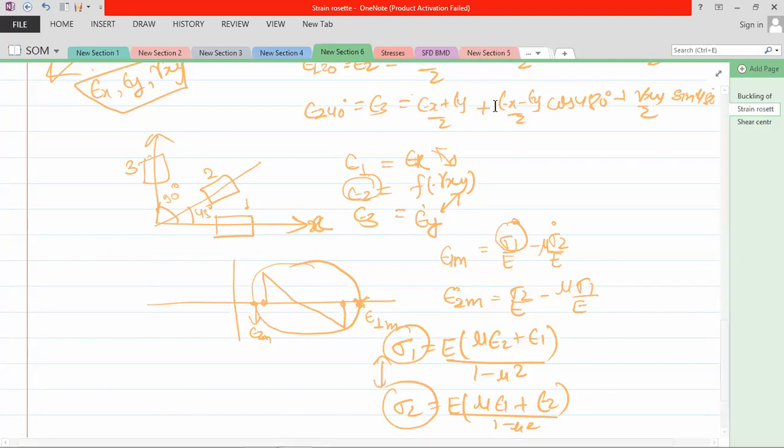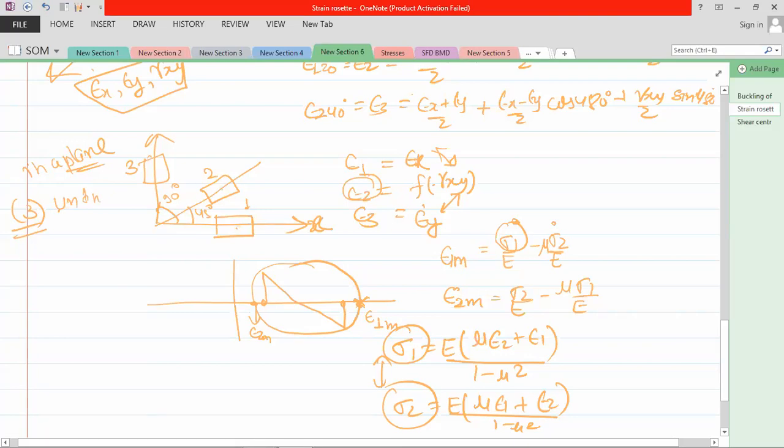That's why strain rosettes are used, because you cannot directly measure the stresses. You measure the strains at three different angles. And why three? Because you need to solve three equations in a plane. In a plane there are three unknowns, because if we go out of the plane, there are around nine unknowns, since every plane will have three unknown quantities in 3D. So in a plane, three unknowns, three strain gauges that will measure